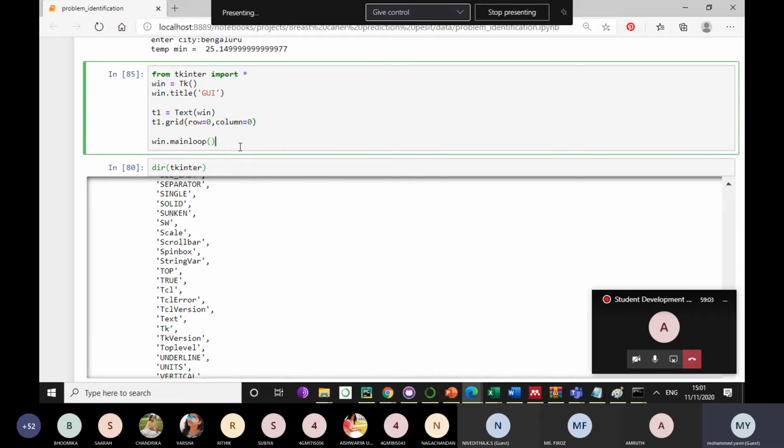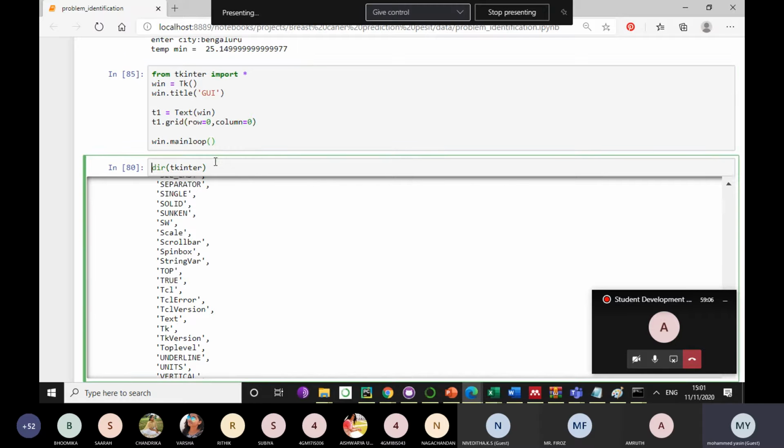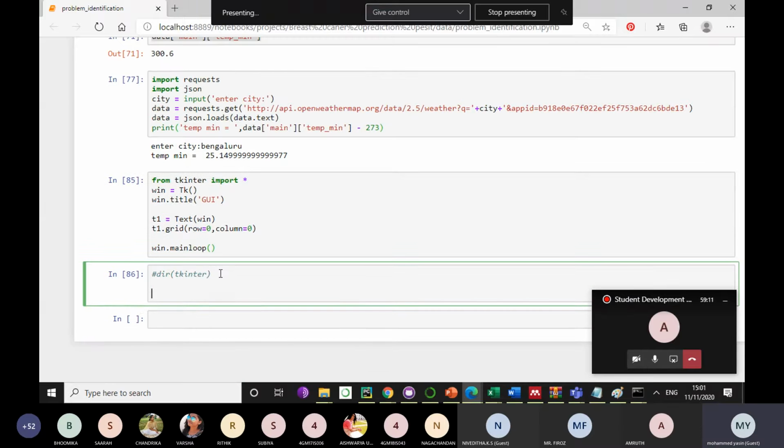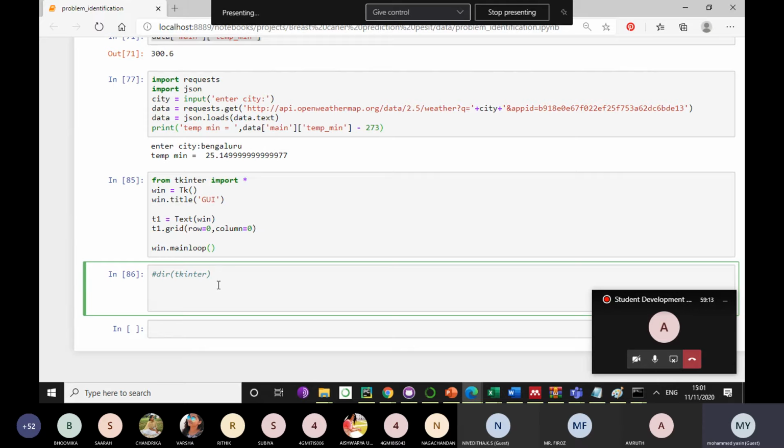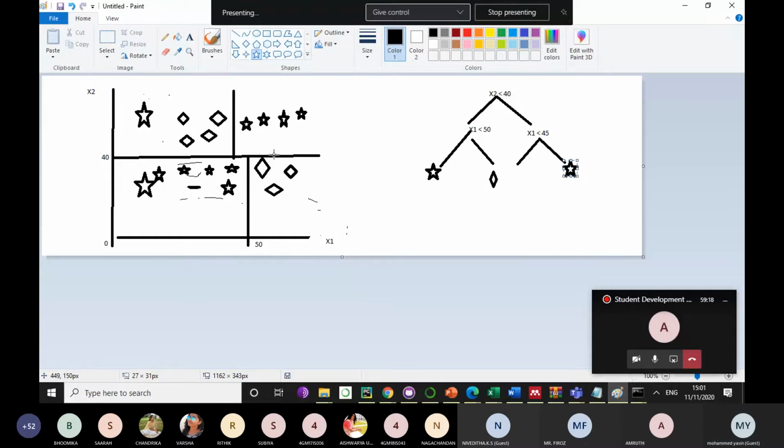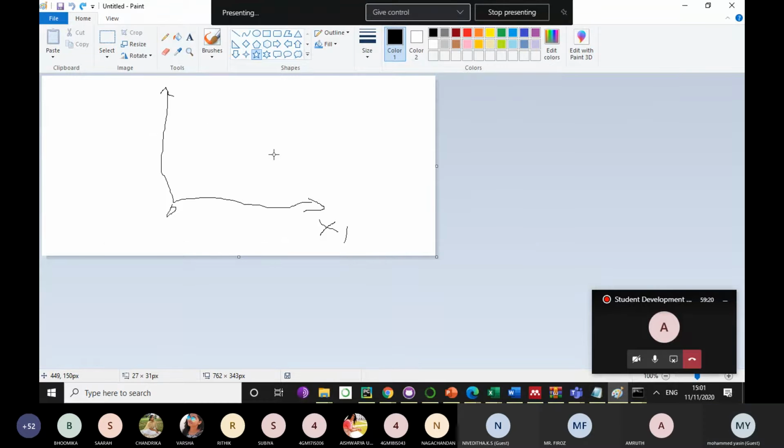Now I want a UI, and I'll show it in Paint, how I need it. I want a box, and inside that I need a label.